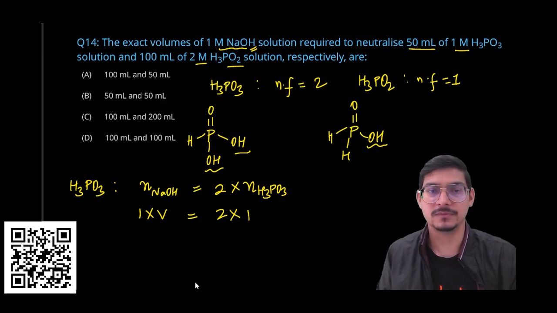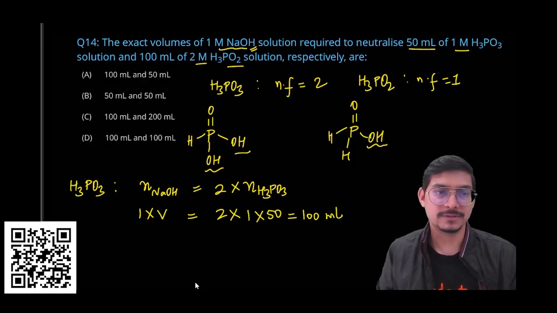Molarity of H3PO3 is 1 and the volume is 50 ml. So this should be 100 ml. Doing the similar calculation for